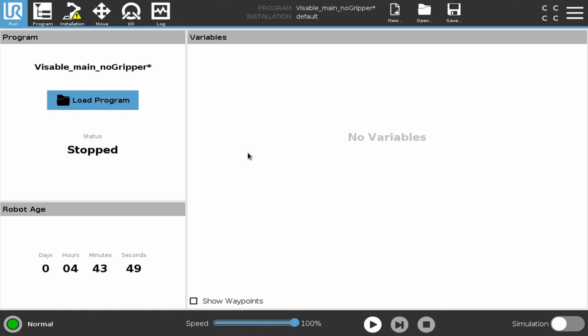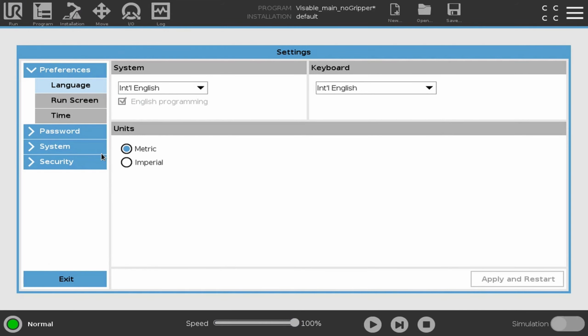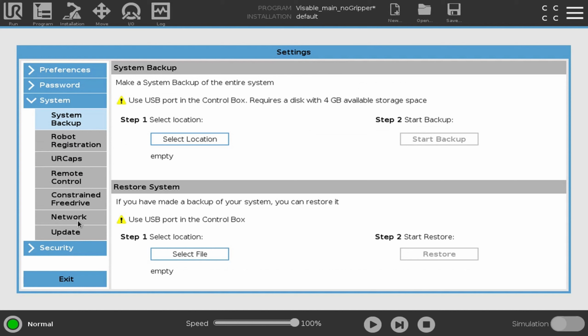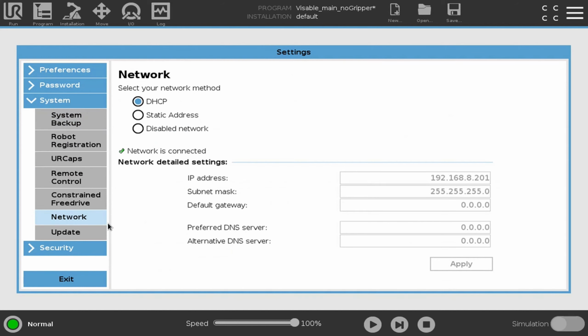So in order to proceed, I will just verify that the network settings are correct. I will go to the hamburger button up here on the right hand side. Then I'll navigate to Settings. From here, I go to System and Network. So while in Network, you will enable the static IP address and ensure that it is the same as what I have on screen here,